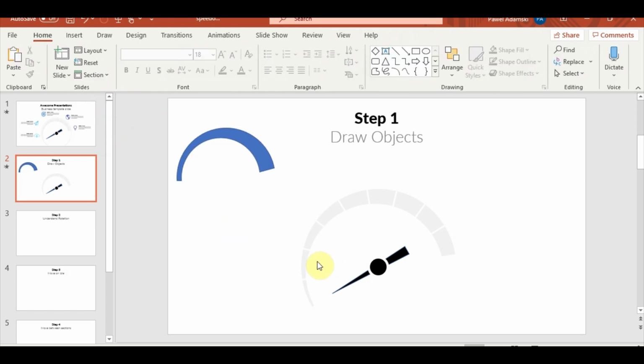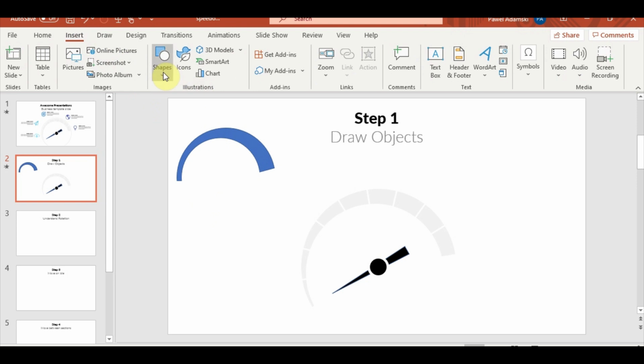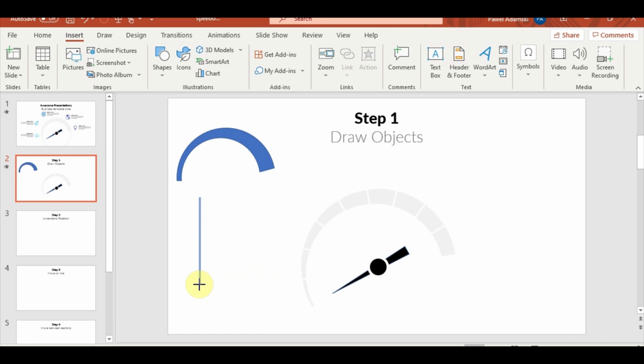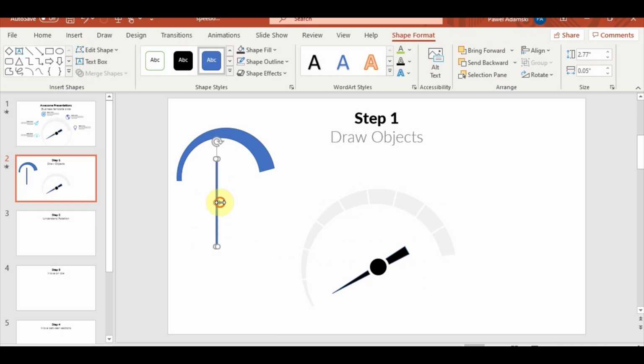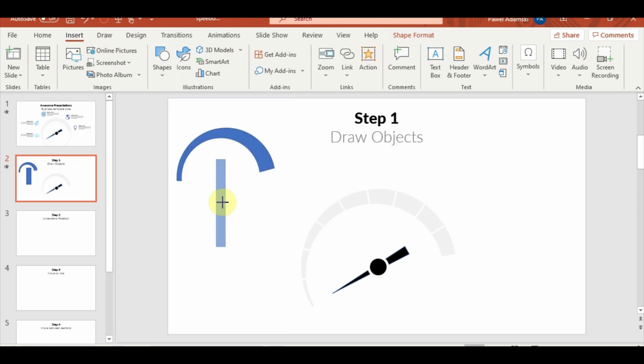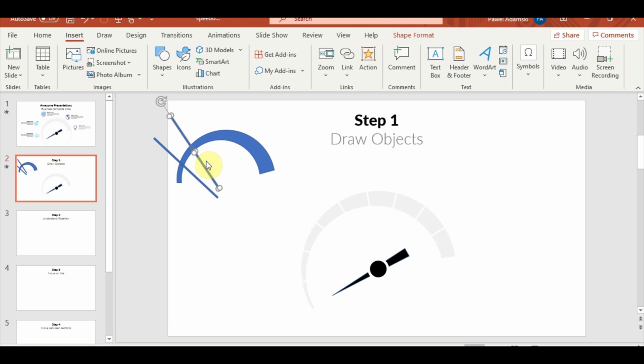The last thing that is missing are the subsections. You can do it in a couple of different ways. The one I use and recommend is to just draw a rectangle by clicking Insert, Shapes, Rectangle, then make it very thin and place it in a way you would like your sections to be cut, and then you can just copy the rectangle and draw